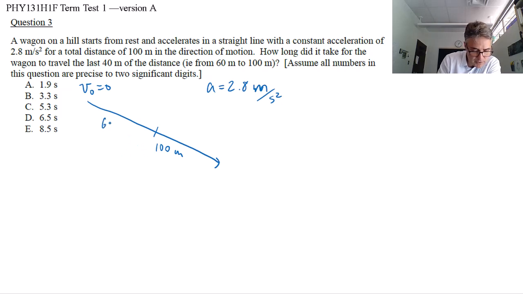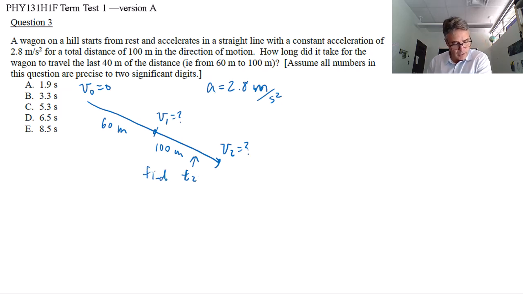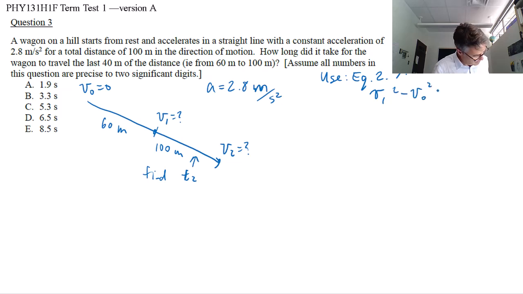So this is 60 meters, and then here's some sort of time here. I'll call this v1, we don't know. And then at the end here, v2, which we also don't know. And you're asked for this amount of time. Find time 2. Okay, so I can actually, I think, get these velocities if I use v1 squared minus v0 squared is equal